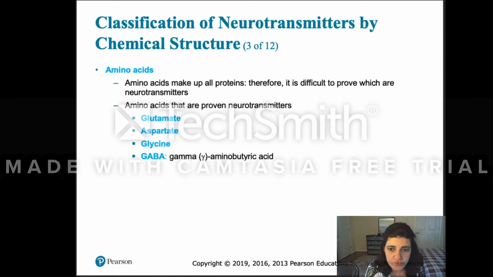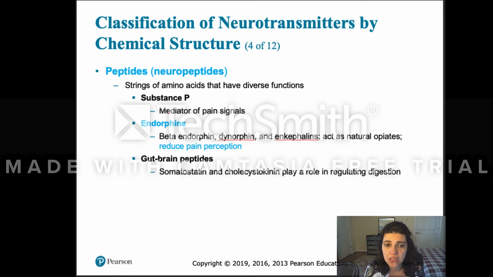Amino acids can work as neurotransmitters. Glutamate, aspartate, glycine, GABA. Okay, so these are all amino acids, very tiny molecules that have huge effects when they're released in the synaptic cleft. Neuropeptides like substance P related to pain, endorphins related to pain reception or perception, and some gut-brain peptides,